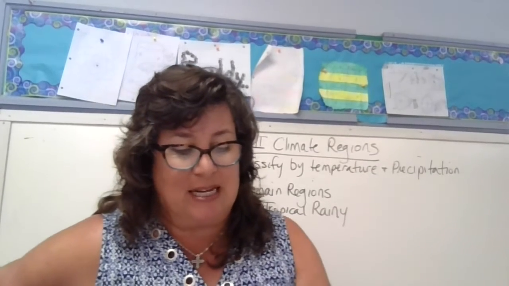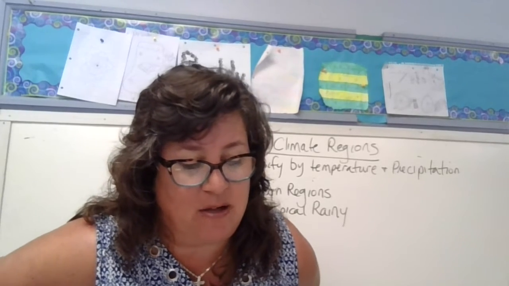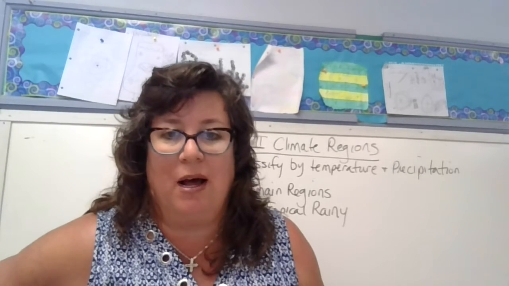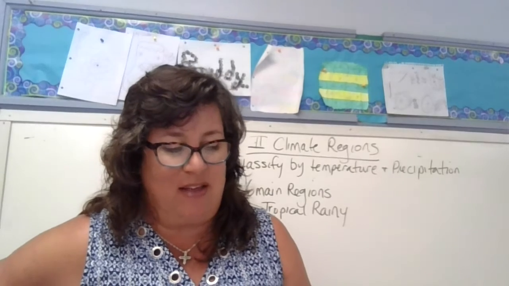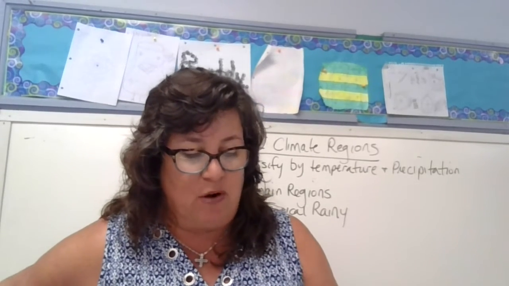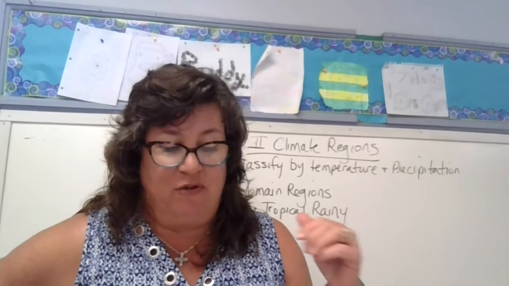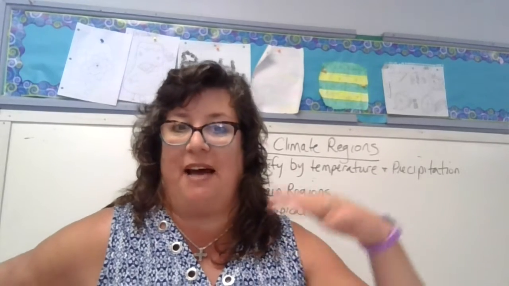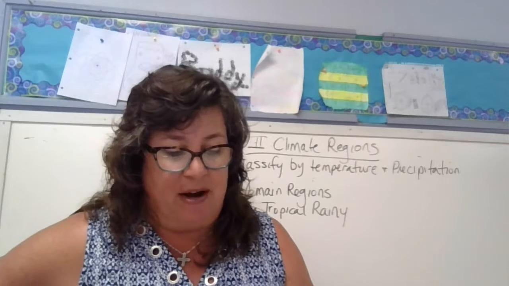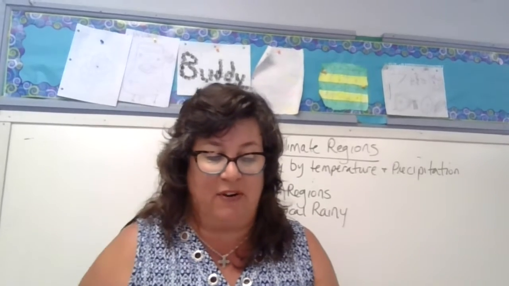Self-explanatory. So it says the tropical wet climates are found in low-lying lands near the equator. These are our rainforests. They have days that are very, very rainy. There's afternoon thunderstorms. There's prevailing winds. There's very dense